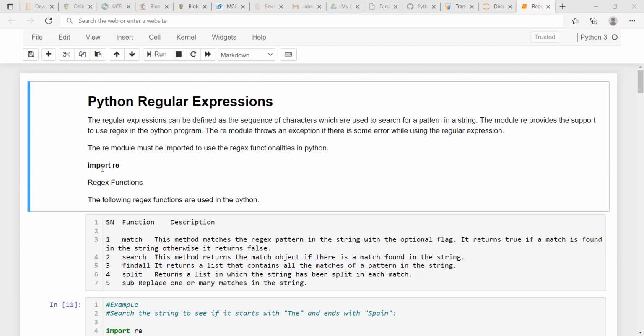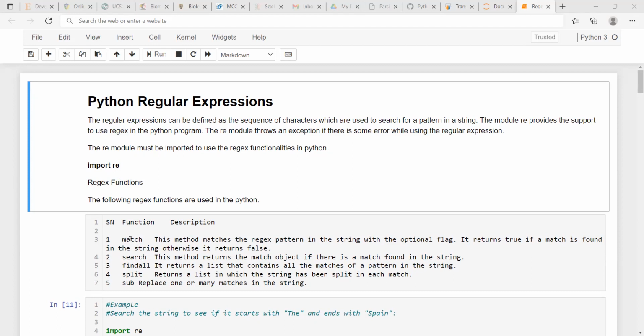So import re, this is the command. Now there are different functions associated with this module, named match, search, findall, split, sub, etc.